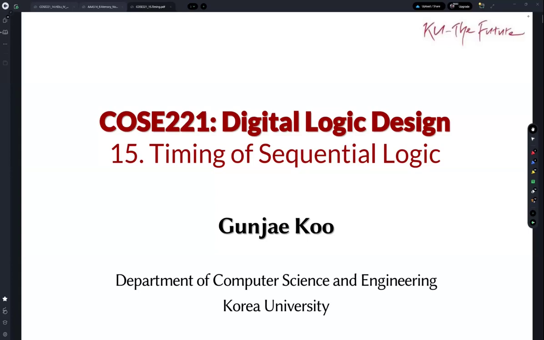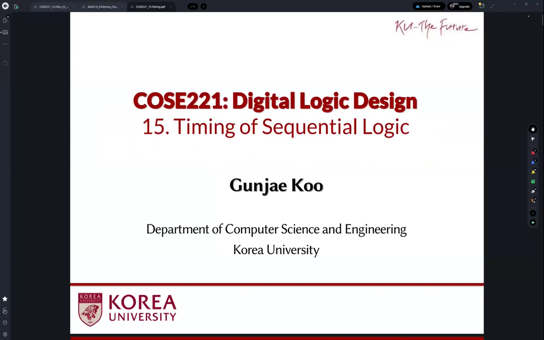So we learned about how to design a test bench in the previous class, right? In this class, we will learn about the timing property of sequential logic. This topic is very important, because as I mentioned, most digital systems include a clock signal,